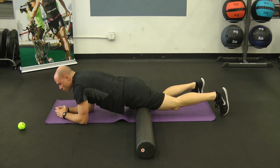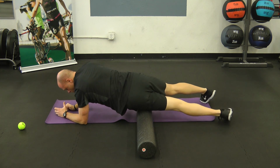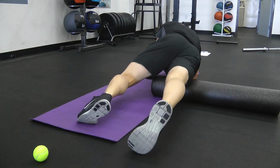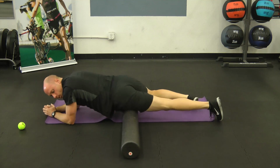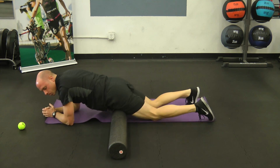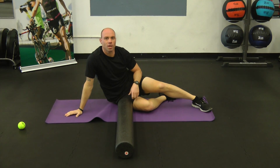And then last, you roll out to the lateral side. So not so much that you're on your IT band, just a little bit. You're gonna roll from here 5 times. From knee, crotch, good. And then you'll switch, slide the roller across, and you'll switch the other leg and do 5 in each